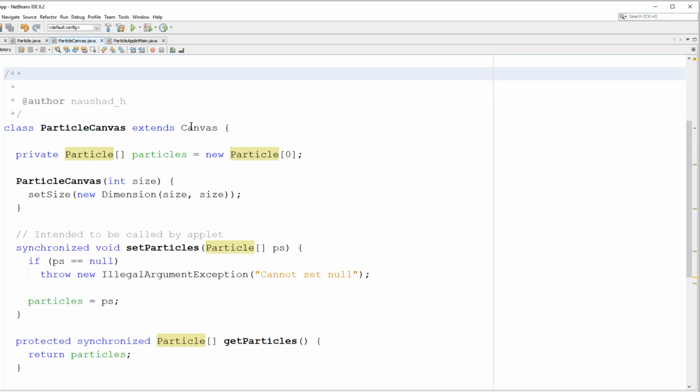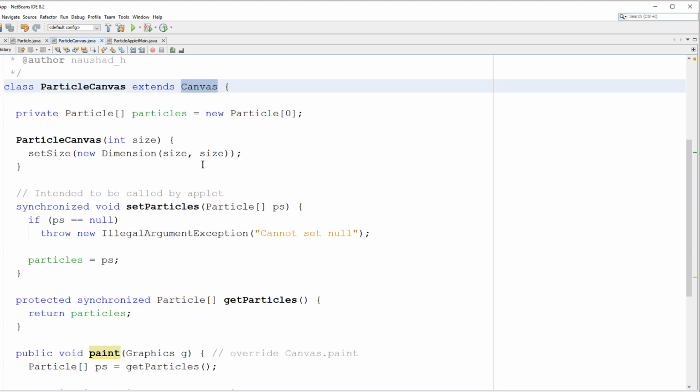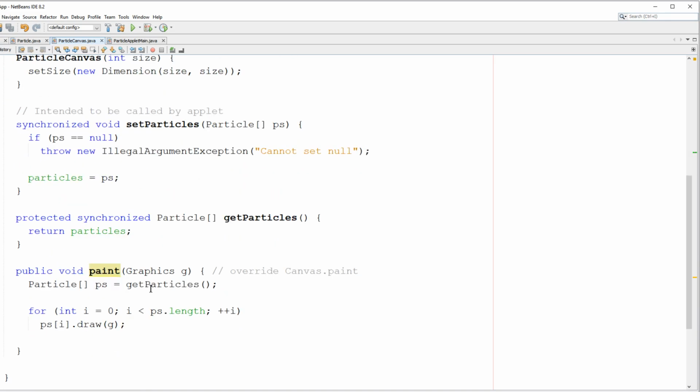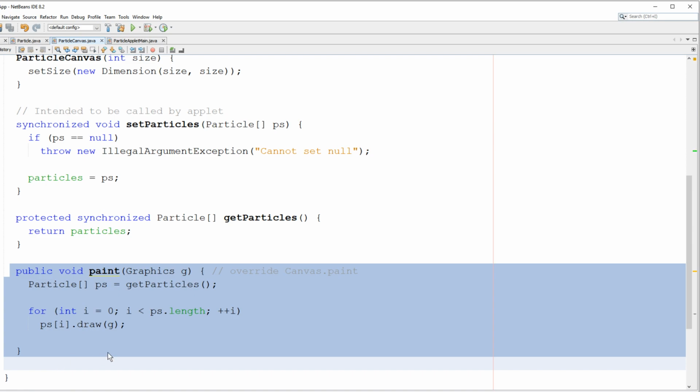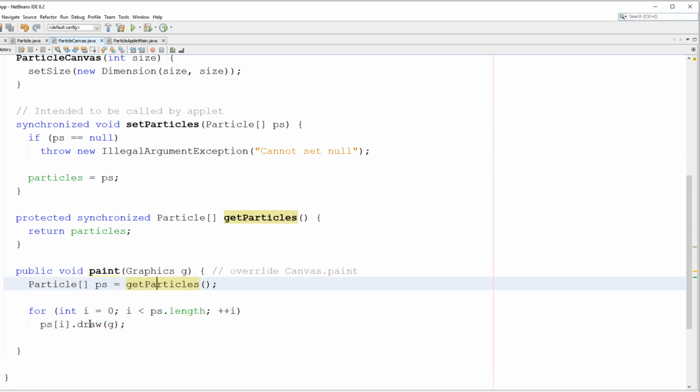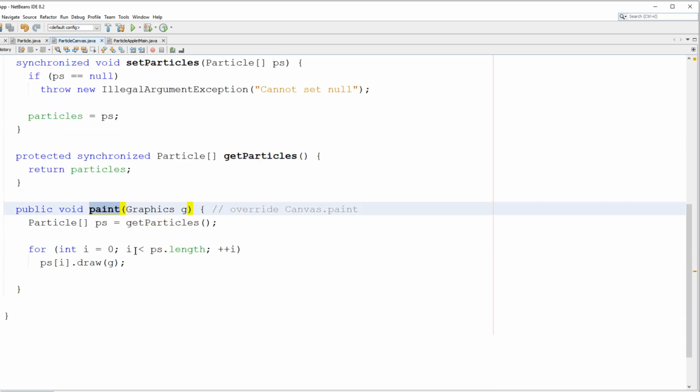So you have this canvas class here where you are drawing those particles, and it does nothing, it just draws them wherever it is given. So see here, the paint method is where actually drawing happens. So you are saying, okay, draw that specific particle, draw that particle. So you are given a particle and you just draw it. Okay, that's the job of your canvas class. Canvas class has a paint method where it will paint a dot on the